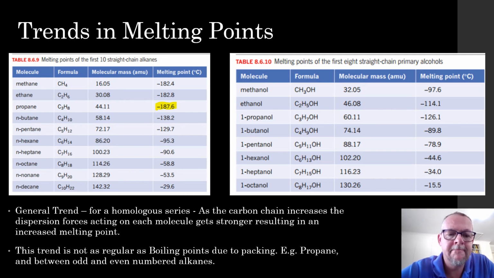So let's look at propane. This trend is not as regular as in boiling points, due to the packing or the way that the molecules are arranged. And you can also see a big gap between the odd and even molecules when they are here. So you can see there's a big jump from C7 to C6, and from C5 to C6. You can see that there's a bit of a jump in comparison to the others, and that's suggested to be due